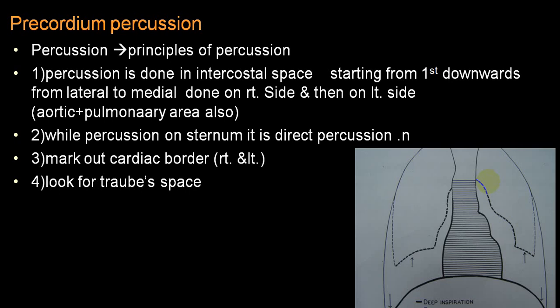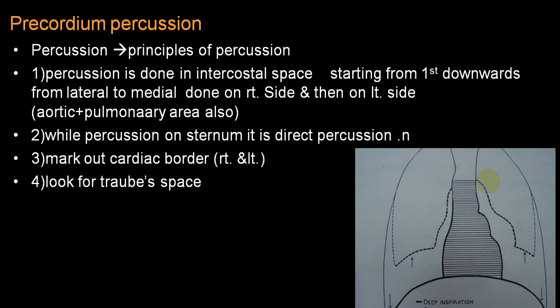So these will be the two conditions which can produce a very big heart, or marked increase in area of dullness on the left side. So the apex will be downwards and outwards. Now, if you can palpate the apical impulse very nicely, which is downwards and outwards, these will be the two conditions. But if you get an increased area of dullness which is grossly downwards and outwards, and the apical impulse is